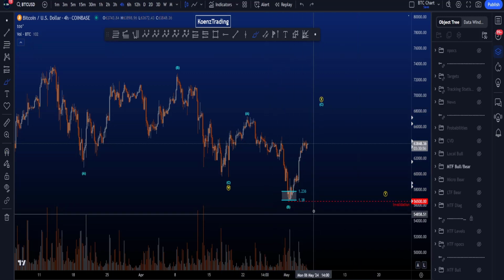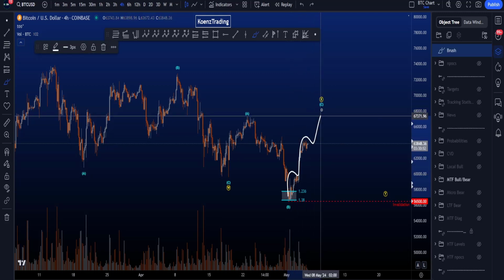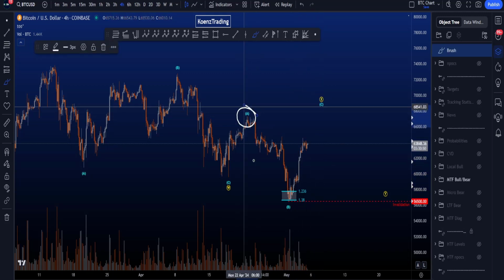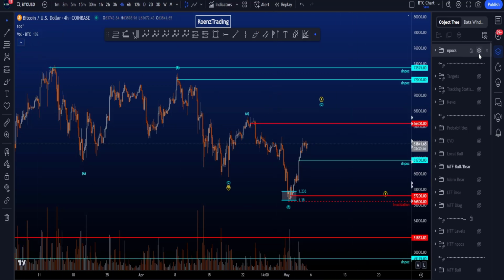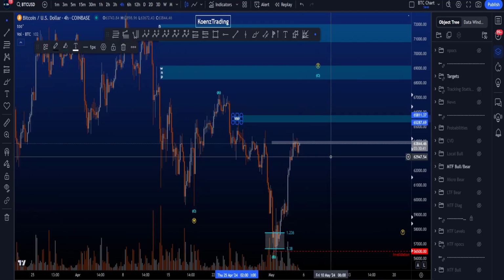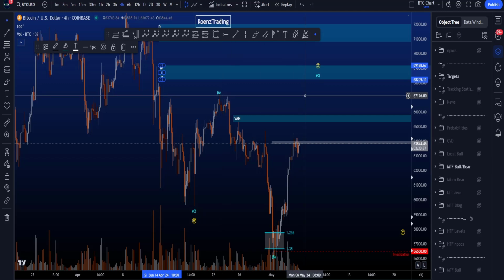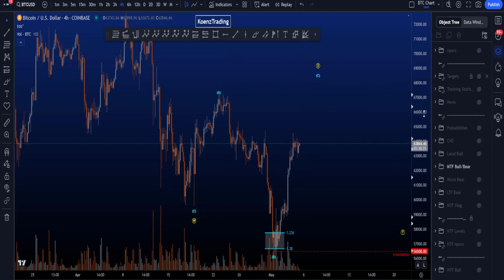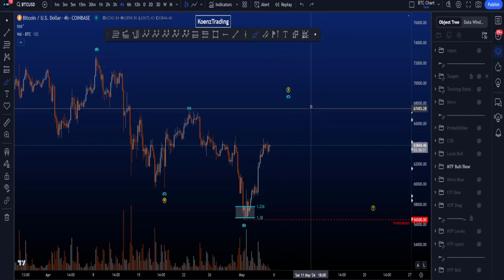Most common target for wave B is nicely respected, and the impulsive wave C, 1, 2, 3, 4, 5, needs to end above the high of wave A to create that expanding flat. And we do have some resistance towards the upside. So first of all, the box I mentioned, 65.2k to 65.8k, and then the first box above wave A is 68.2k to 69.2k, after which we want to see a drop to the downside in a wave Y,